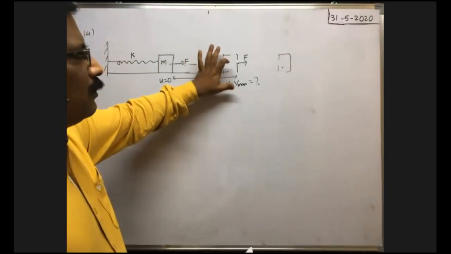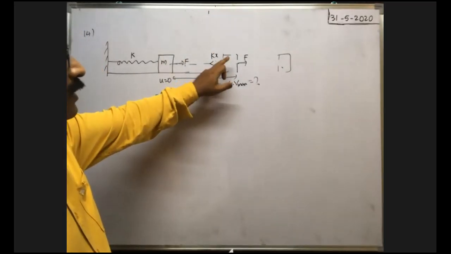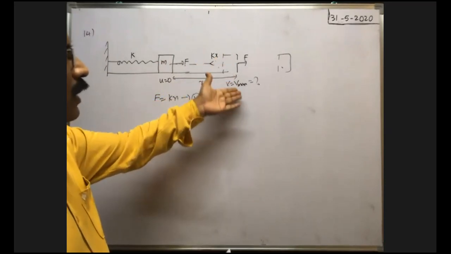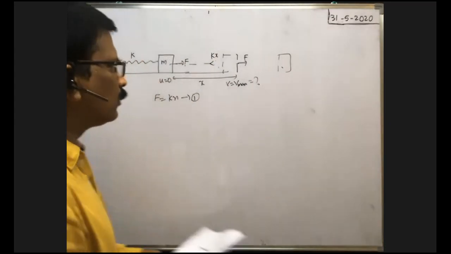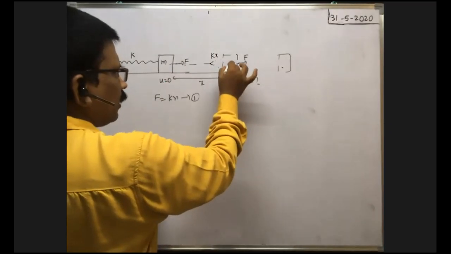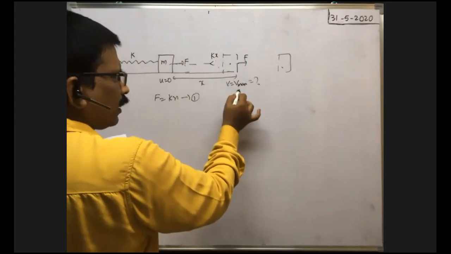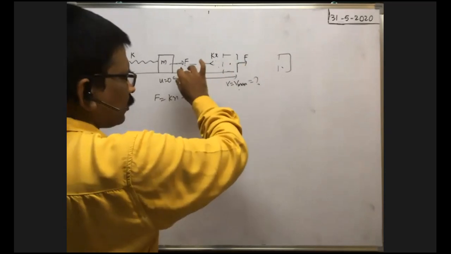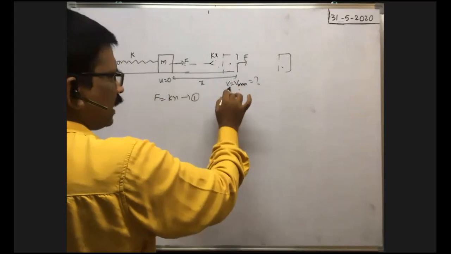So here, this is the mean position of the block. Whenever it is under equilibrium, it lies at the mean position. At the mean position, whatever the velocity of the block, that is the maximum velocity. How can we find the maximum velocity? Here we see, whenever the block displaces from this position to this position, as it is under equilibrium, then only the speed acquired is maximum. Because up to this, there is a net force acting on the block towards right. That's why velocity gradually increases, and whenever it reaches the point where the net force becomes 0, velocity becomes maximum.